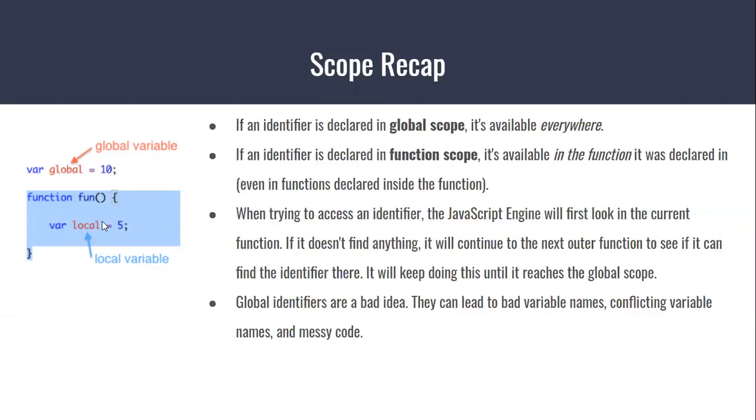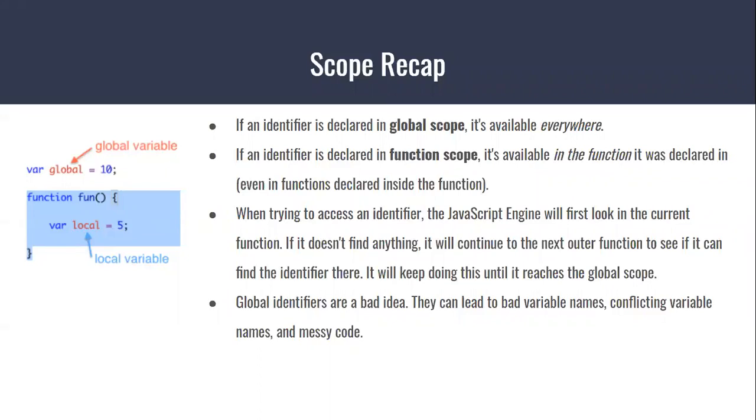However, we could overwrite this one very easily, if we assign something inside of here to global, which we don't want to do. That's called shadowing. So if you kind of visualize that a little bit, when trying to access an identifier,